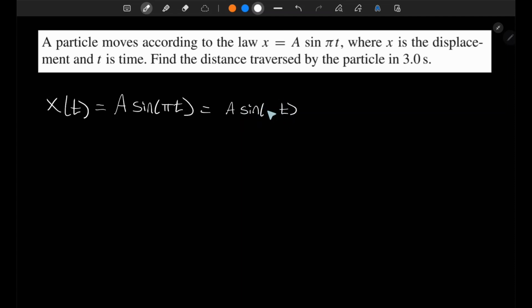Okay, to start, let's write down what we actually know. We know that the position of the particle, x of t, is governed by a times the sine of omega t, where here we have pi t. The reason I wrote omega is because in general, whenever you see a sine or a cosine, this number multiplying time can be written as omega. So in general, this is some omega, where here omega is known as the angular